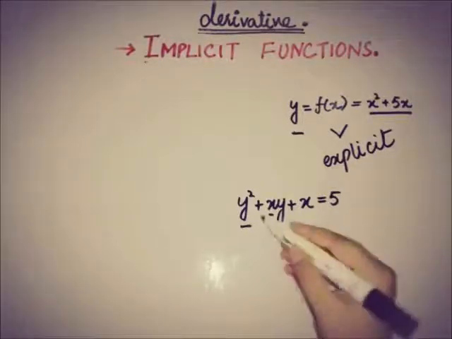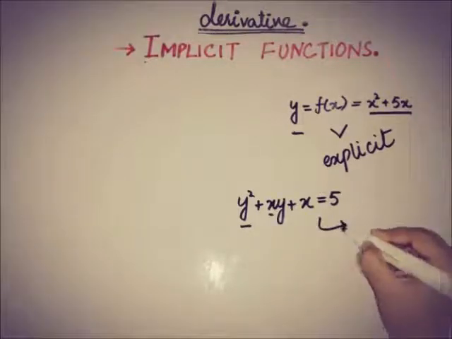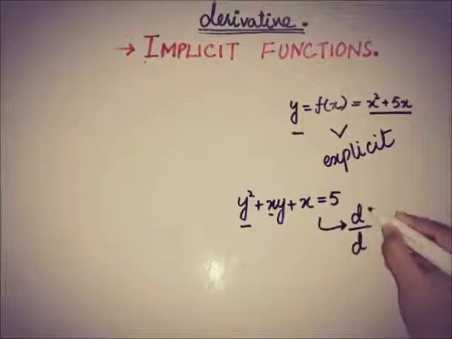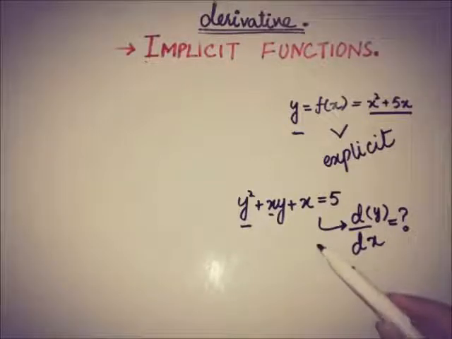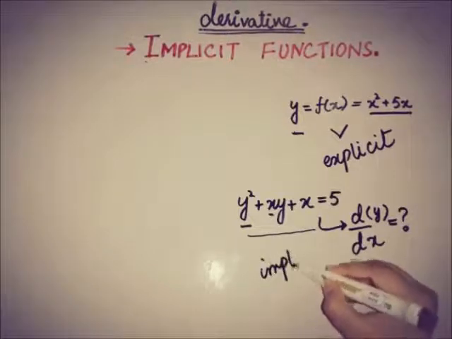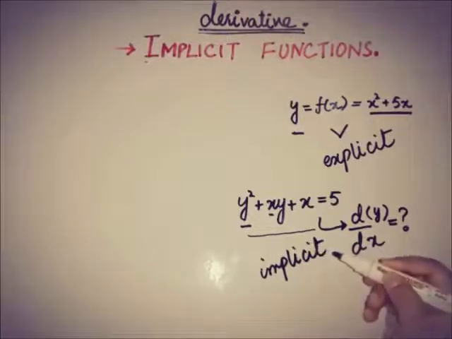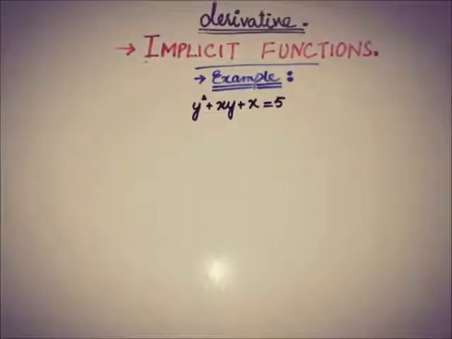And we can find the derivative of such type of functions as well, since we are interested in the rate of change of y with respect to x. Now we will see how to find the derivative of an implicit function, or how to do implicit differentiation. Let's see. Now we will solve this implicit equation or implicit function. First of all, the first step is to